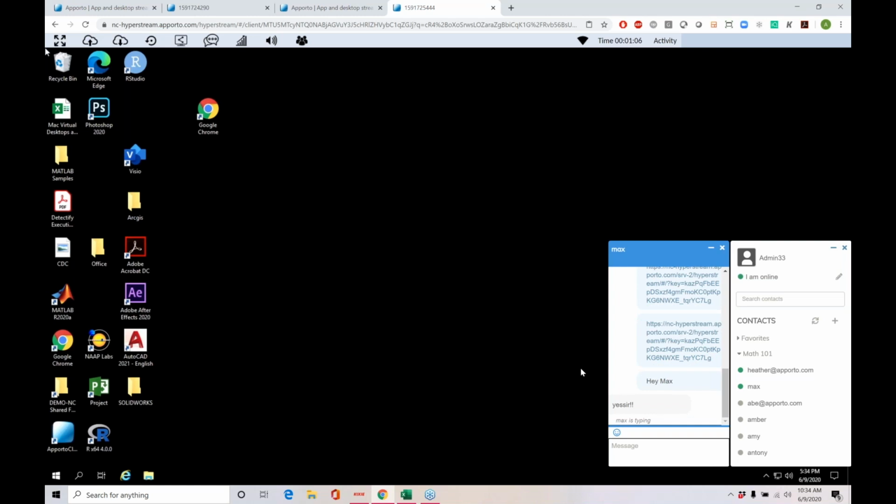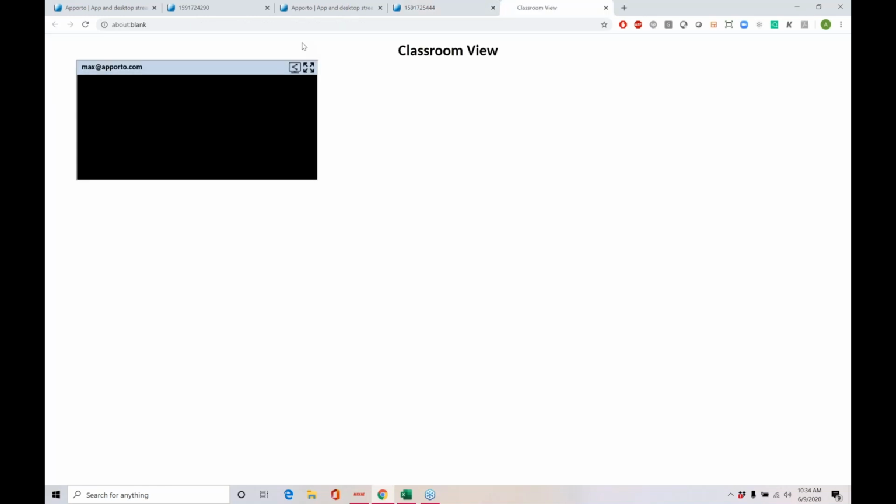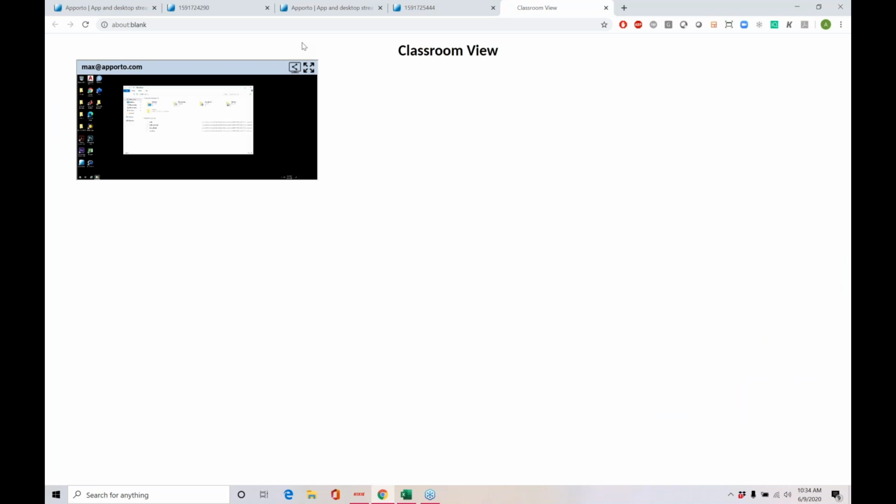There is one more feature that I want to show you that is accessible only to faculty. This is a feature we call the virtual classroom. If I click on this icon right here, that only faculty have access to, I will be entering a virtual classroom. As you can see, there's only one person in this virtual classroom. It is Max, and Max is doing some work. If I had declared that, for instance, on Wednesdays between 2 and 3, I have lab hours, or maybe my TA will be there,